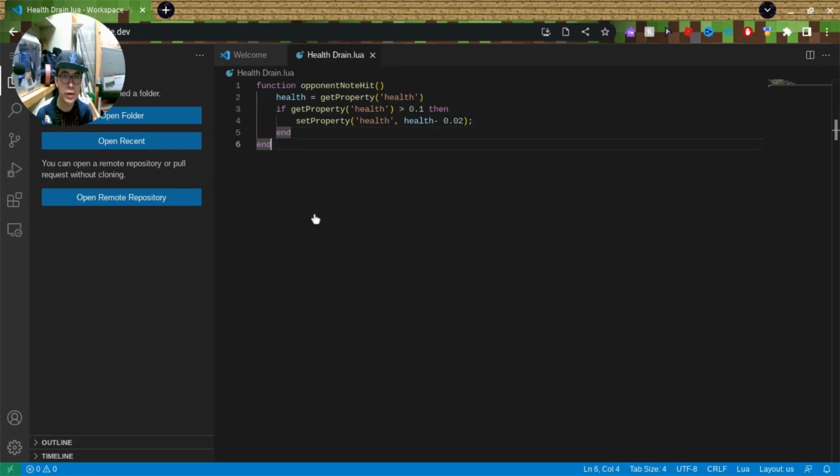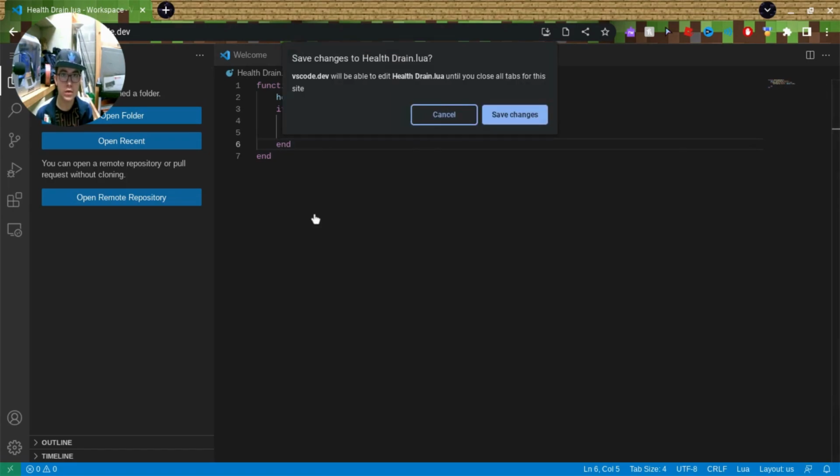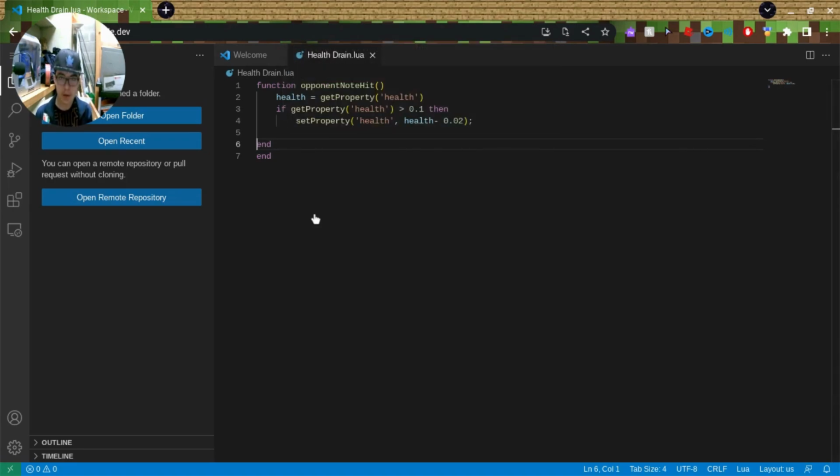Basically, the reason why there's two ends is because there's one right here for the if, and then there's one at the very bottom at line 6 for the line 1 function. You need one end for each if line. If there's an if, you need an end for that. So if you have function, and then under it you have 5 ifs, at the very bottom you would need, no actually, if you had function and 4 ifs, then you would need 5 ends. Or, if you want, it would also work if, for example, I'll just change this. If you undo, if you had